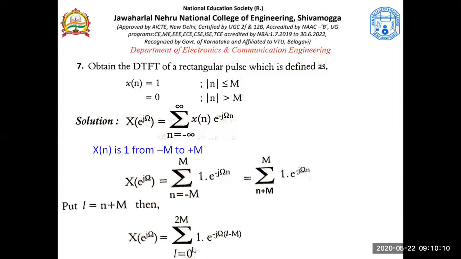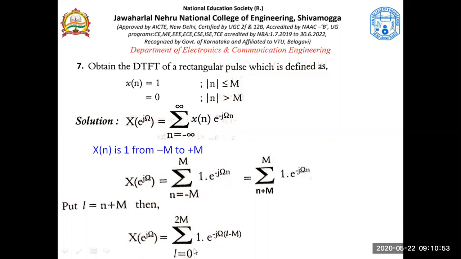Okay, so that n plus m would become l, and when this n plus m becomes l, what would this n be? Here n would be l minus m. So that is why this n is substituted as l minus m. I hope you have understood. This minus m is taken. Why are we doing this? Because I need to bring this summation to a standard form. What is the standard form? It can be from 0 to infinity, or it can be from 0 to a finite number. So anyways, m is a finite number, and I don't want this to be again a number. Let's start this from 0, because that is when I get the standard summation.